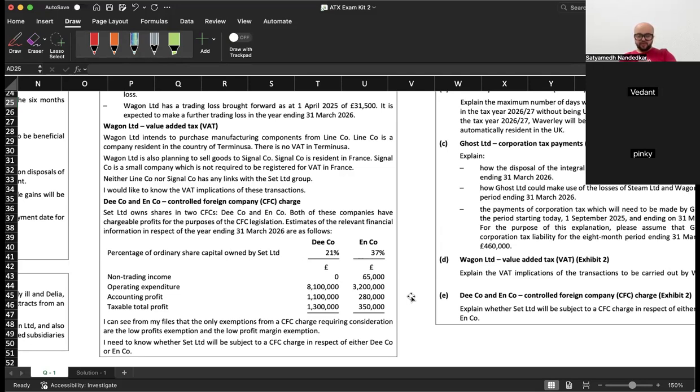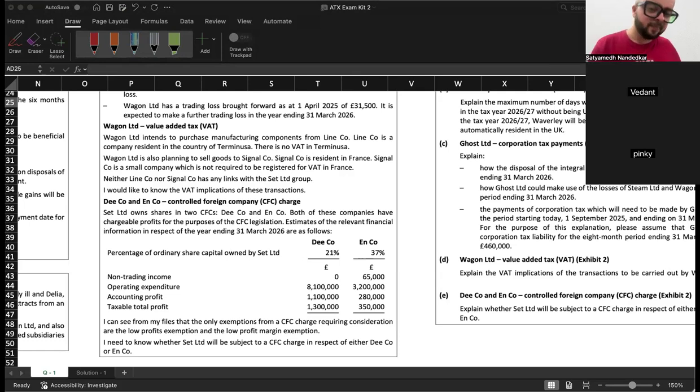ठीक है, I can see from my files that the only exemptions from a CFC charge requiring consideration are low profit exemption and the low profit margin exemption. I need to know whether Set Limited will be subject to a CFC charge in respect of either D company or N company. वो जो लो प्रॉफिट वाला एग्जेम्पशन है, व्हेन डज इट अप्लाई? डू यू रिमेम्बर? अच्छा, फर्स्ट ऑफ ऑल डी कंपनी में सेट लिमिटेड ओन्स लेस देन 25%, तो सीएफसी चार्ज डी कंपनी पे लगेगा ही नहीं। यू ओनली हैव टू इवेल्युएट फॉर एन कंपनी।